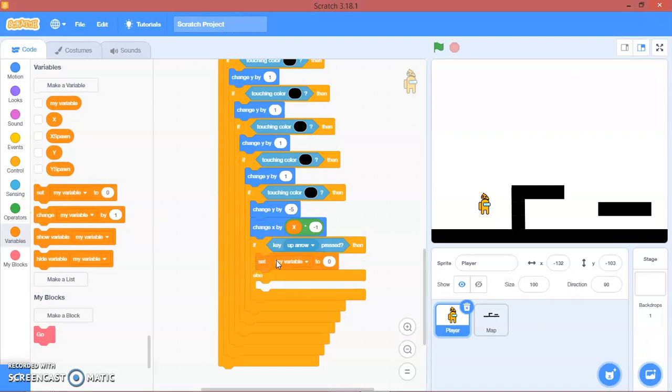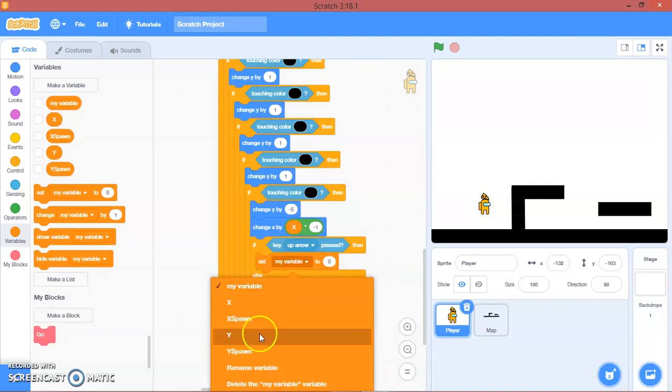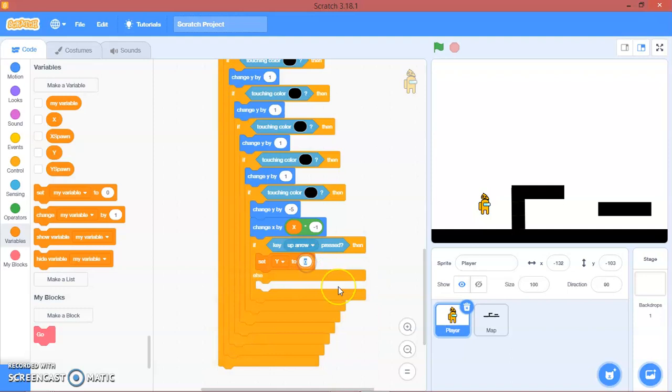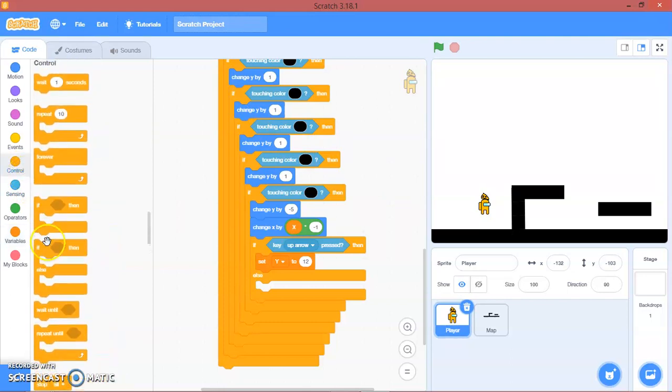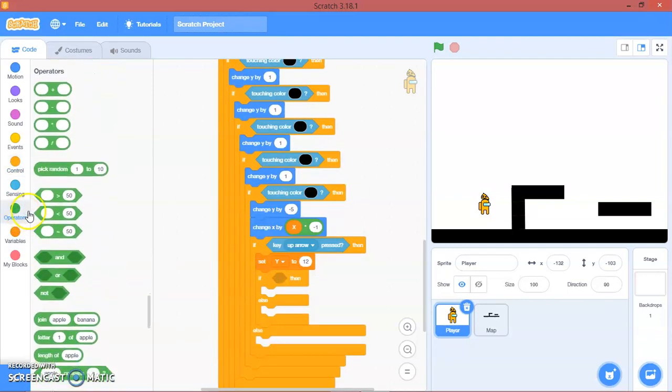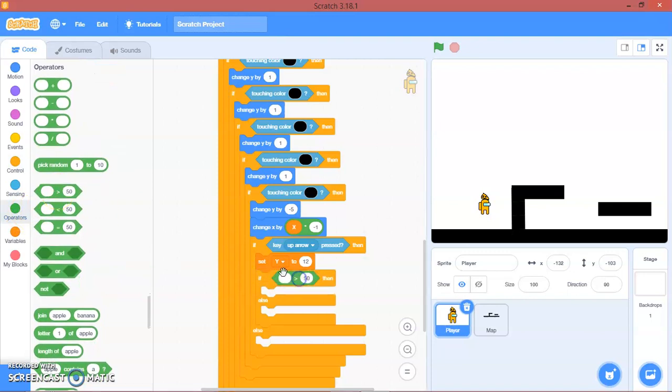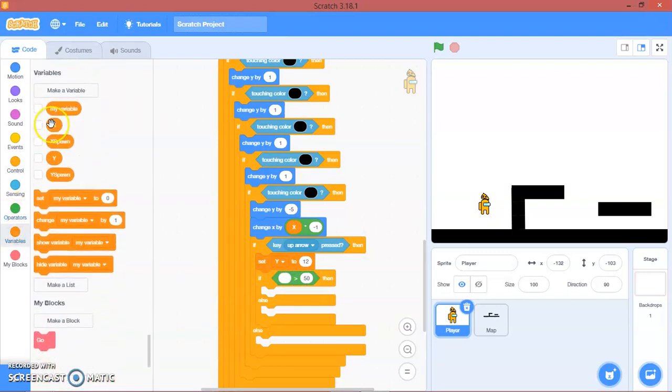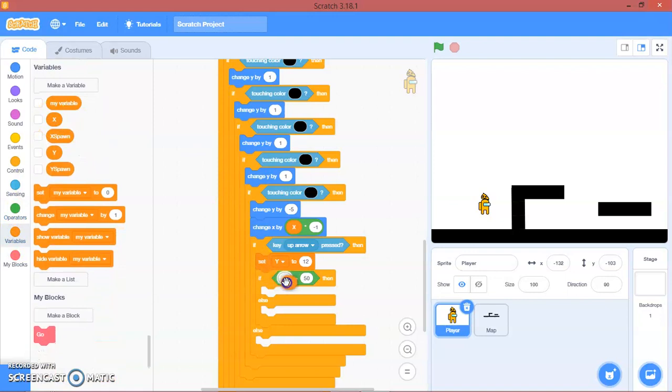set the y to 12, and then going to control, another if else block here, more than sign, variables, x is more than 0, then we'll set